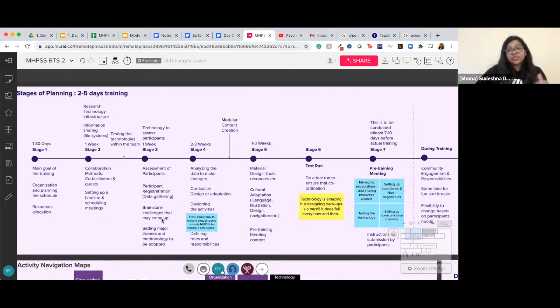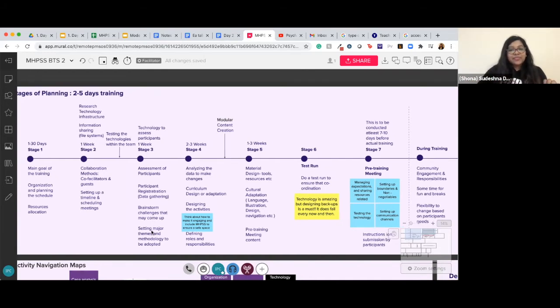Here there was also one more part, which is brainstorming the challenges that might come up at every stage. What has helped us, and we talked a little bit about this yesterday, is that we brainstorm all the challenges and use a different scale, the Hofstede principles, to look at what the sectors of those challenges are and how we can address them.